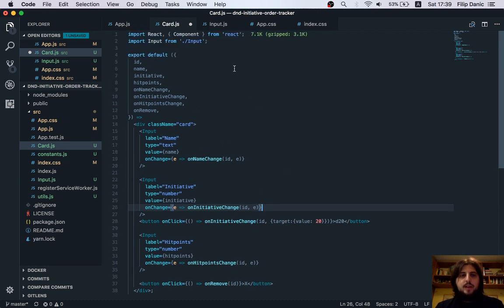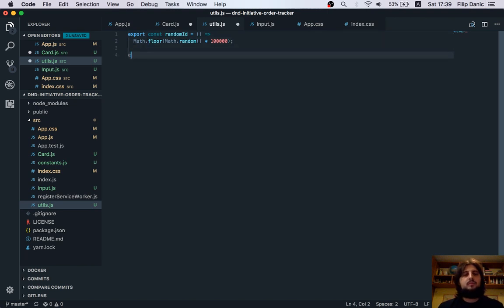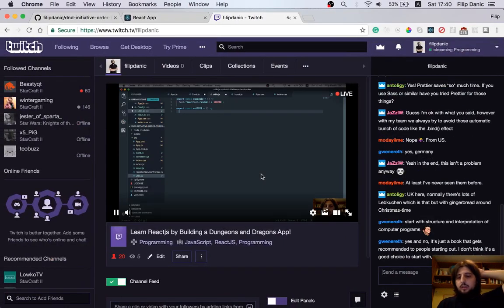So in any case, what we want to do is write a new utility function. Let's be cool and call it rollD20. So there's something to be said, like I mentioned earlier, about JavaScript's Math.random. It's not that random, as people have discovered a long time ago. I think there's a major bias towards the numbers 4, 5, and 6 or something. But, again, I think that for the purposes of this coding session,